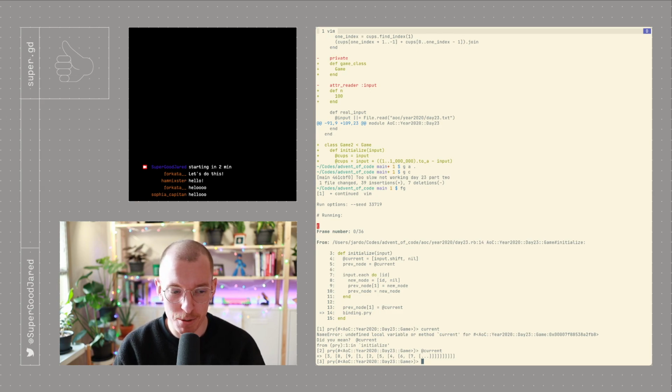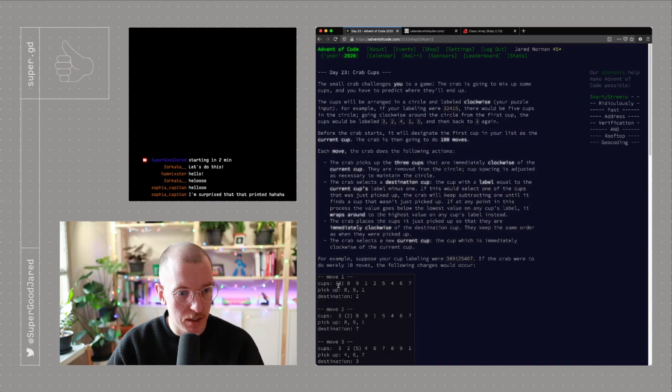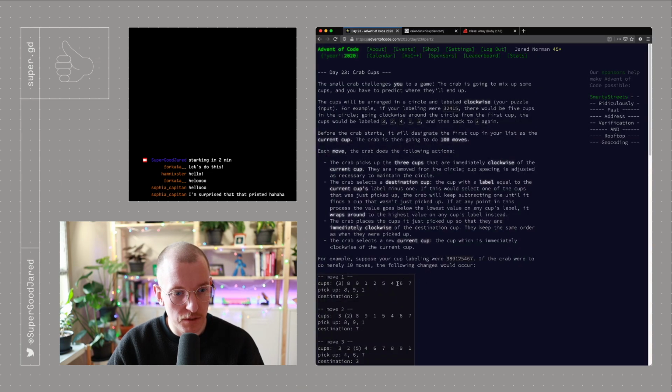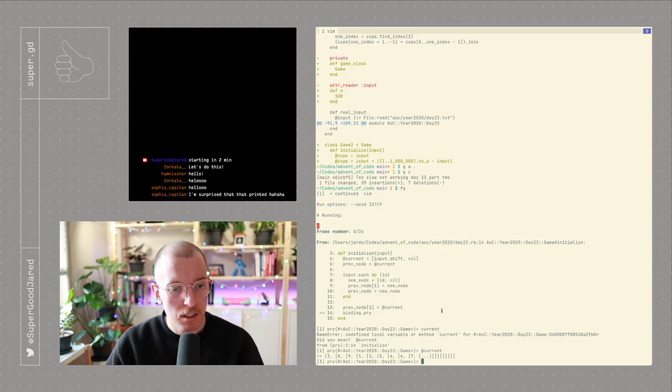That is funny that Ruby lets us inspect that, but then gets to a certain depth and goes, uh-oh, we're recursing. But 389125467 is, I believe, what we're expecting to see. 389125467. Yeah, so we did parse that correctly. That works. We now have our ring, but the one other thing we need is a reference to